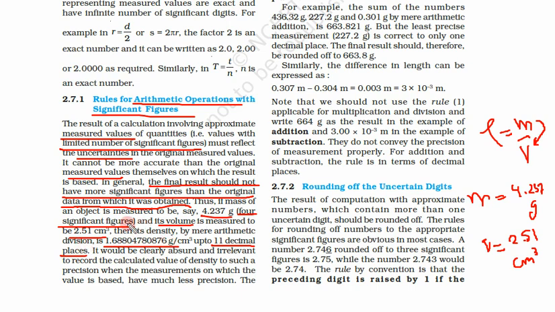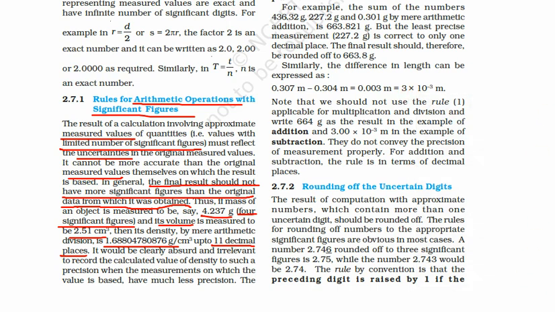But the result is saying that we are correct up to 12 significant figures, or 11 places after the decimal, which is not the correct way to write any number. This gives false information that we have measured the mass and volume with very precise instruments, accurate up to the 12th digit or 11th digit after the decimal. So this is not correct, absurd and irrelevant. This is not necessary, so we don't use these kinds of numbers.